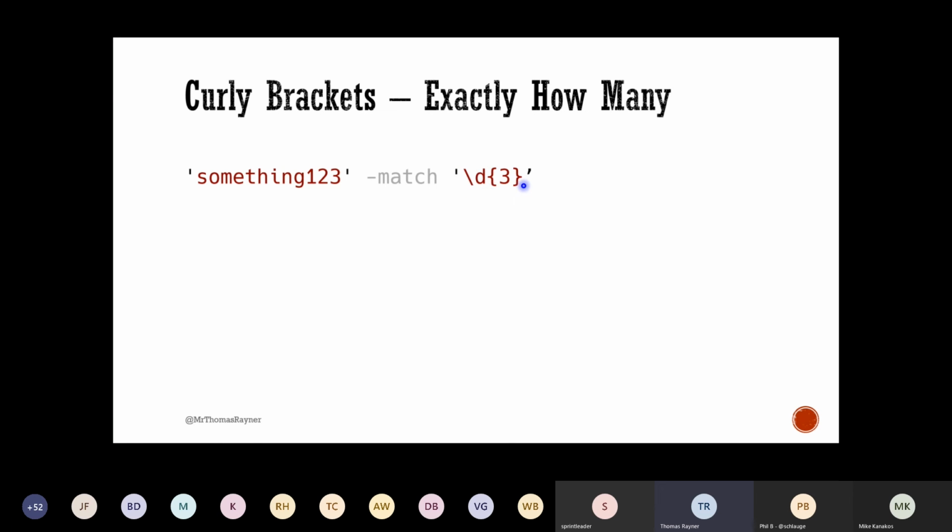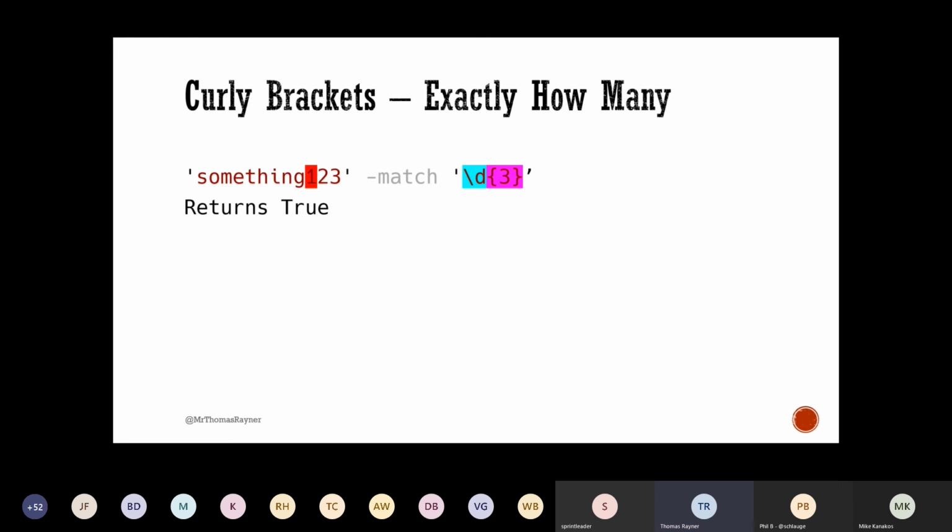And then the curly braces, I told you, are like a quantifier, so it applies to whatever comes immediately before it. And in this case, we're saying we want 3 of what comes right before it. So what are we looking for? Numbers. How many of them do we want? 3. This could have been a star for 0 or more. It could have been a plus for 1 or more, but it's not. It's a 3 wrapped in curly braces. And this returns true because I'm looking for a number, but I'm looking for 3 of them.